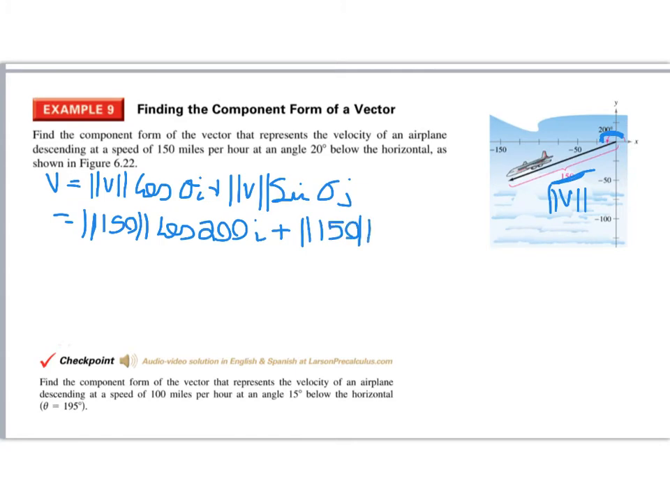Actually, I shouldn't have this on here, because this is our magnitude, and our magnitude is always positive. So let's go back and fix that real quick. This should just be 150 times cosine 200 i and 150 times sine 200 j. When you pop it in your calculator, you get